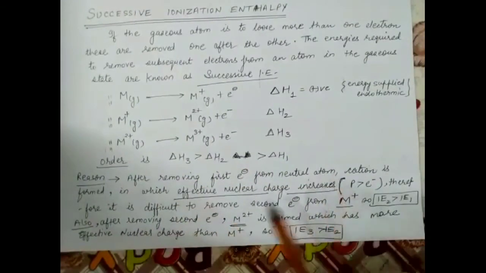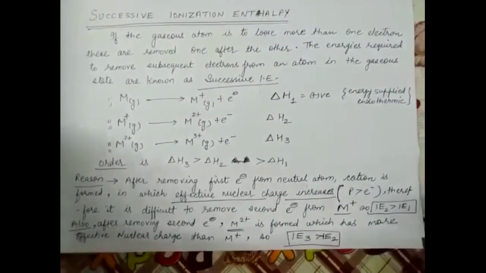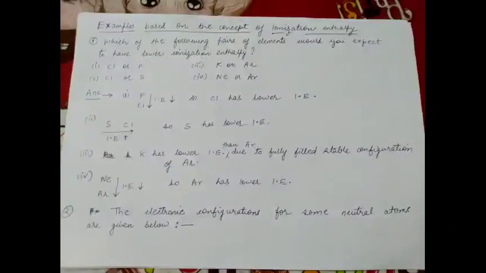So this was all about the theory part of your second periodic property, that is ionization enthalpy. What is the meaning of ionization enthalpy? You must know the definition, and on what factors ionization enthalpy depends. How ionization enthalpy varies along a period, and along a period we have seen two exceptions. And along a group, what is the variation of ionization enthalpy that we have to learn, and what is the magnitude of successive ionization enthalpy. In the next class we are going to discuss some questions based on this second periodic property.